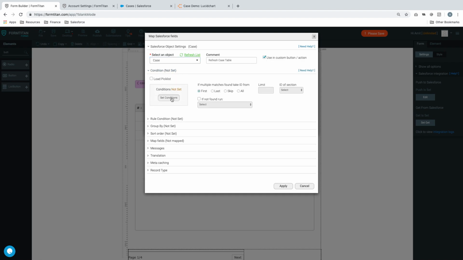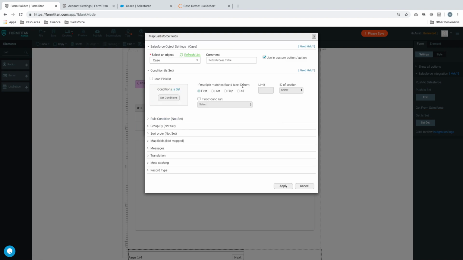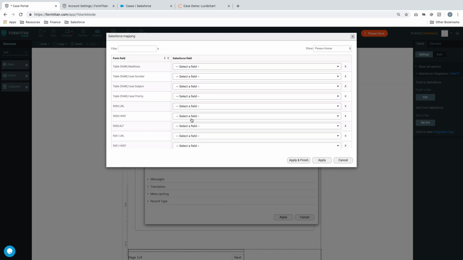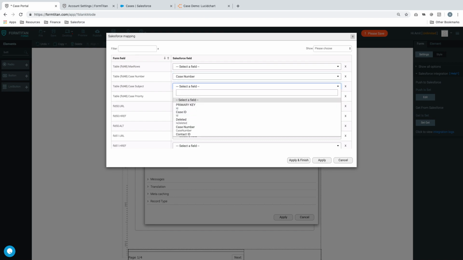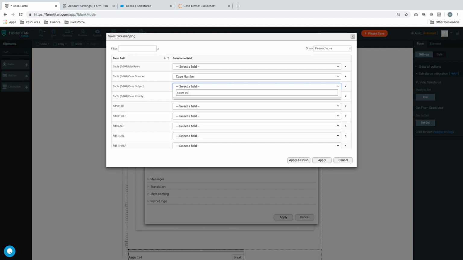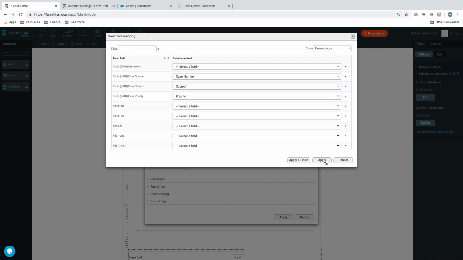Our condition is going to be my case ID equals, no, it won't be case ID. It will be contact ID equals smart V. That'll be a condition, and then we'll say multiple matches found, bring all, and then we'll go ahead and map our table fields. So it's going to be case number, case subject, and we'll say priority. Click apply